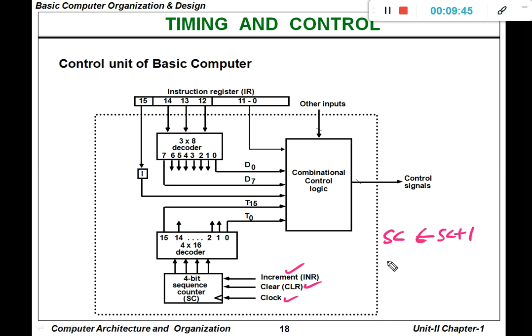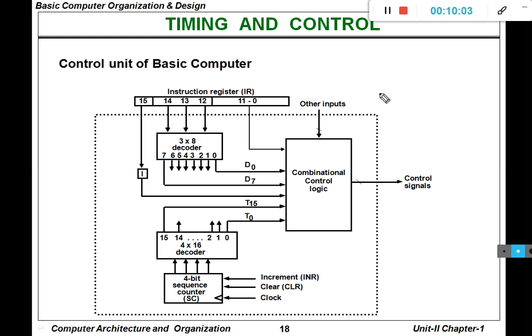Clear is going to clear the sequence counter. These two operations are performed in the 4-bit sequence counter, based on the clock pulse.